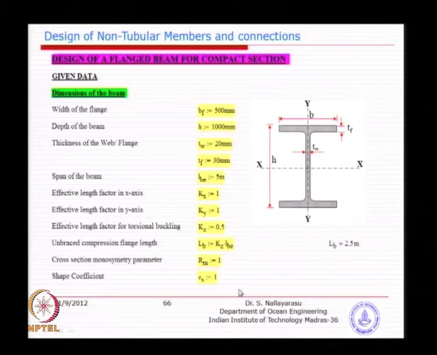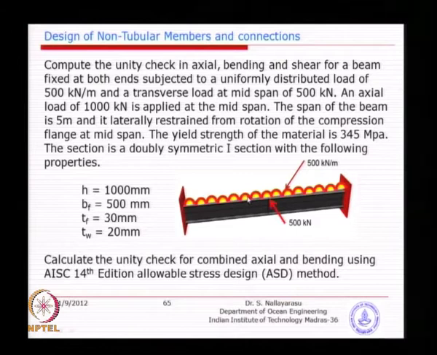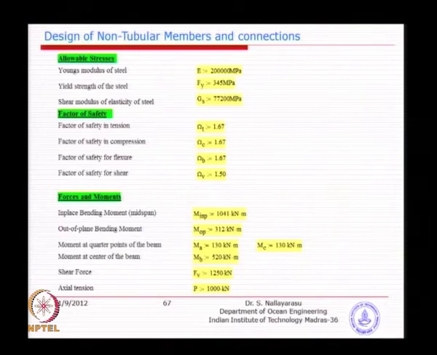So, just substitute the parameters and try to calculate. All the other factors you must be knowing, E value, G value, and the yield strength value is also given, safety factors for axial, bending and shear, and the applied moments you have to calculate. So, basically use this loading and you can calculate the bending moment diagram, which you should be knowing. If it is a fixed beam, if it is a simply supported beam, you should be able to calculate the bending moments, and that I have done here.